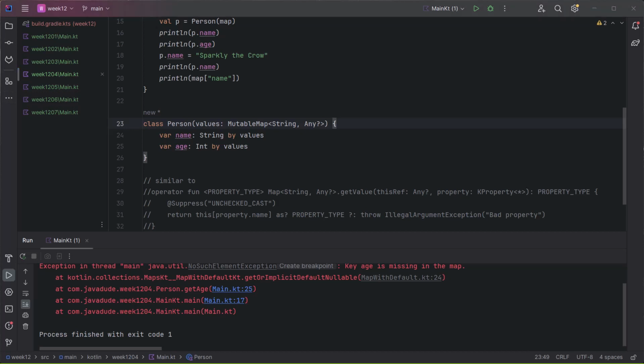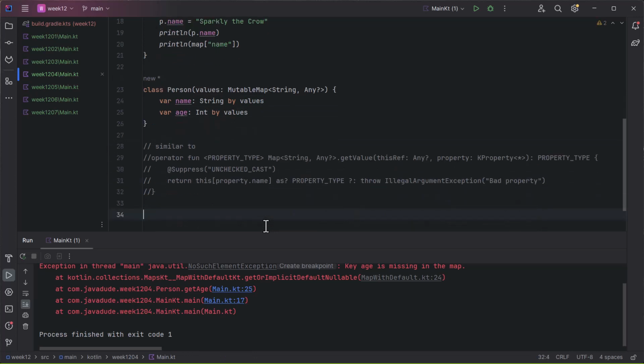Okay, so let's see what was the other one that I wanted to cover on this. Now there's a pair of things called observable and vetoable. So you can say whenever the value changes, what do I do with it? I can report it, I can print out some information or whatever. So if I did something like, let's